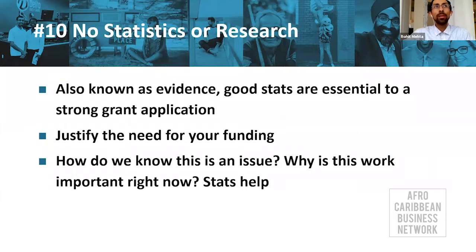And so I think as a grassroots organization, you need to ask yourself, how do we know this is really an issue, right? Sometimes it's a matter of personal opinion, and sometimes it's a proven issue. During COVID-19, we're getting contacted by organizations who deal with domestic violence. And a lot of times when they're thinking of applying to a grant, I challenge them. I say, well, how do you know that this is an issue? And they'll say, well, you're hearing it a lot on the news. But I don't think it's enough to say that I'm hearing about an issue on the news.